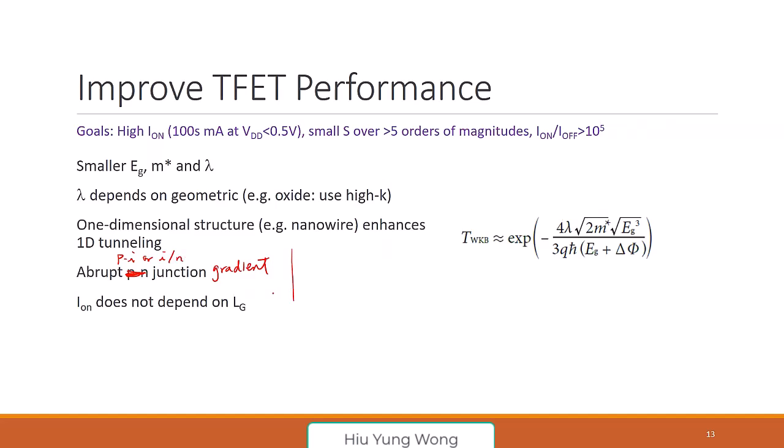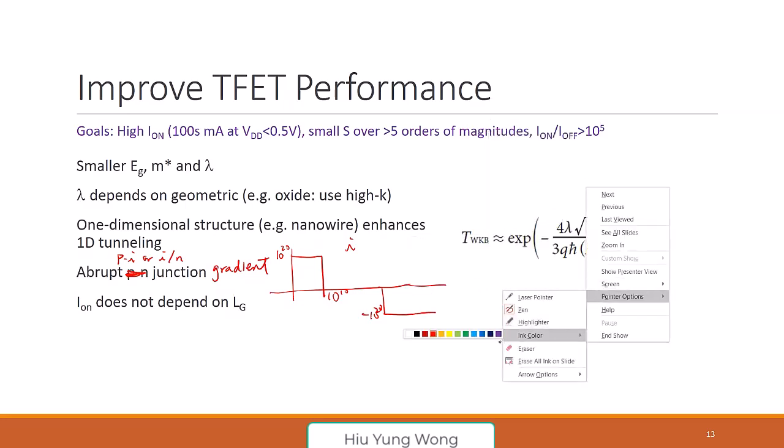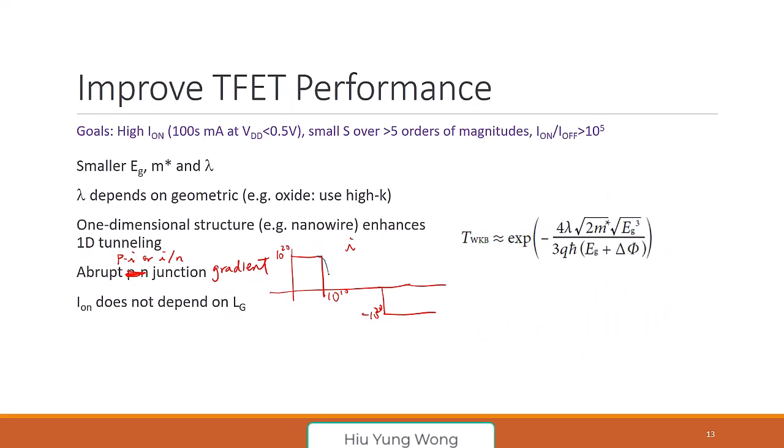It means that you want to have a doping profile like this. For example, this 10 to the power 20, and suddenly you go to 10 to the power 10. This is the I region. And then on the other side, you go to negative 10 to the 20 because it's N type, right? Very abrupt instead of something like this. We don't want this because this is going to determine how good your lambda is and also how